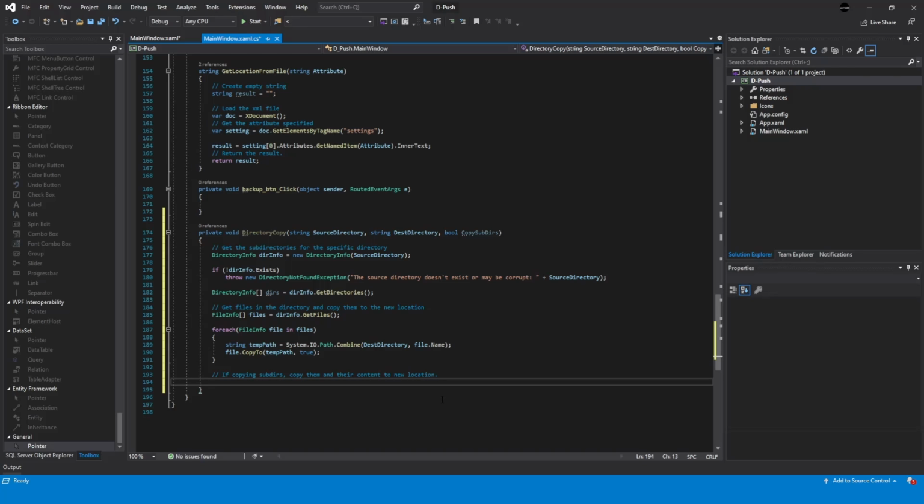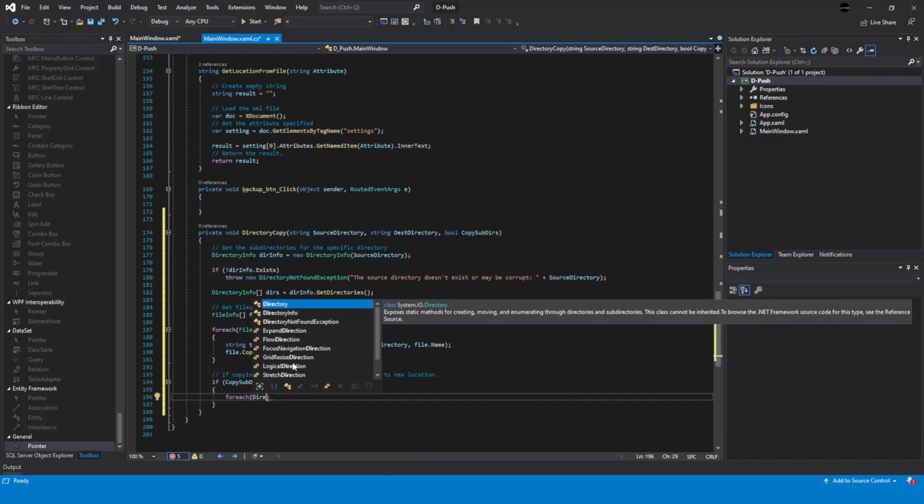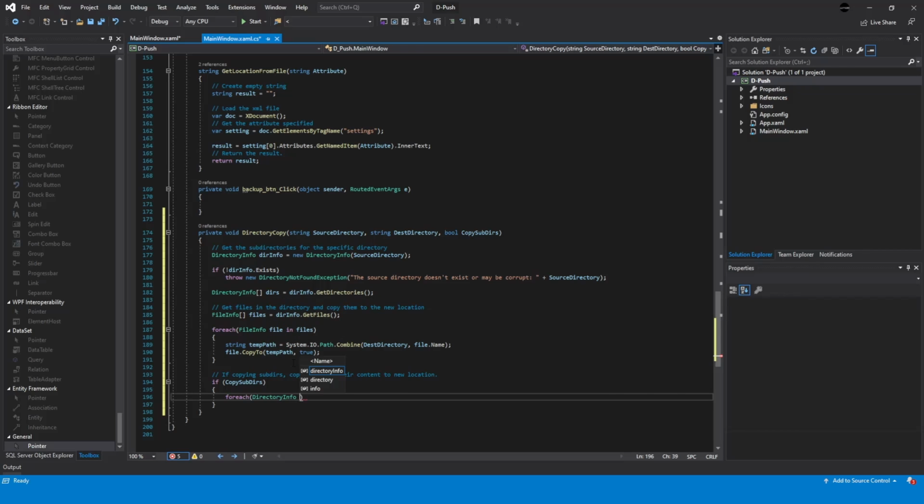So if copy does, for each directory info subdir in